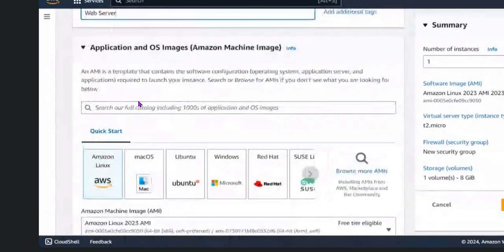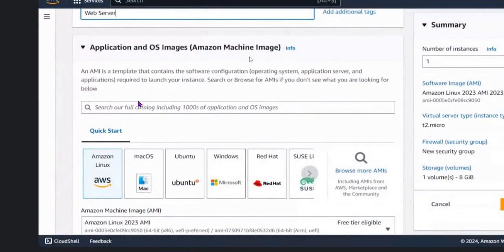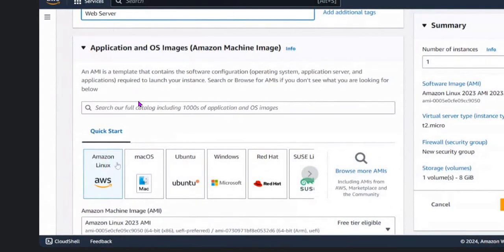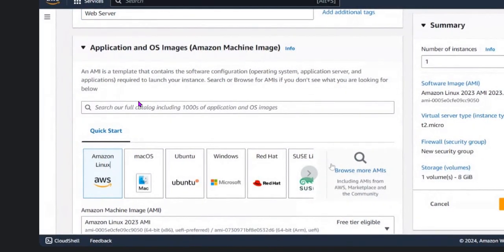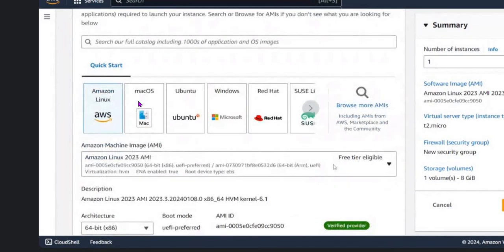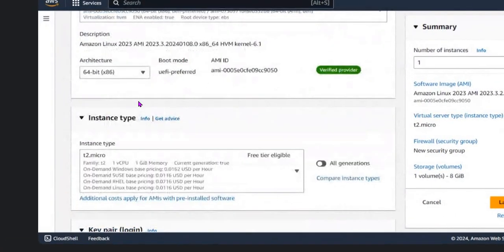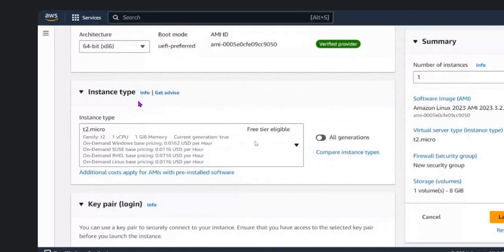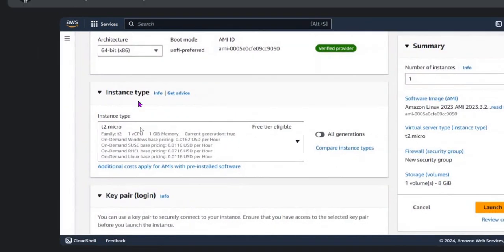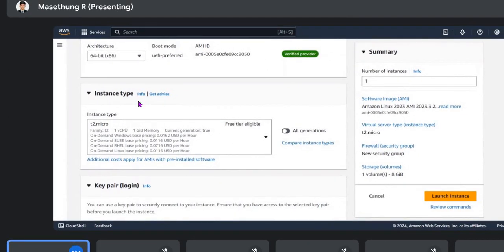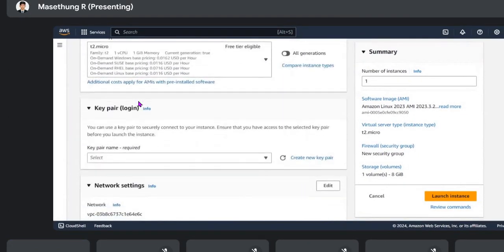In AMI, I will choose Amazon Machine Image. I will choose Linux. In the free tier, only the T2 micro EC2 type is available. I will create it on